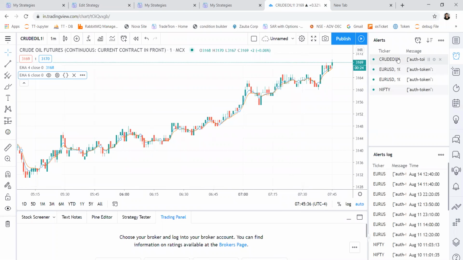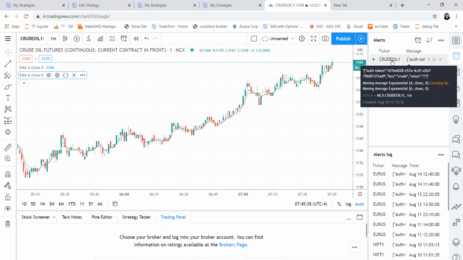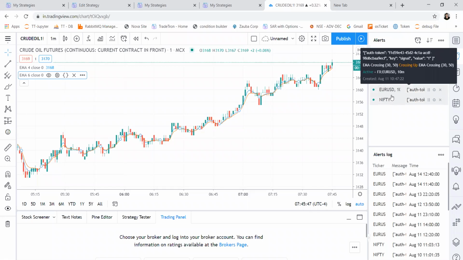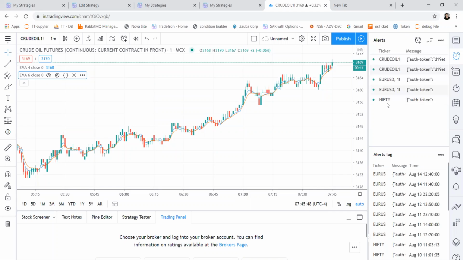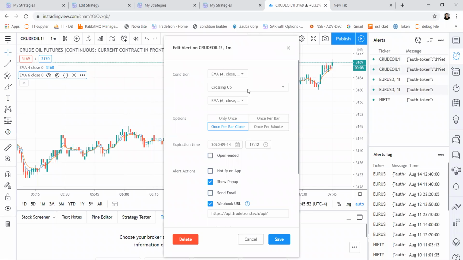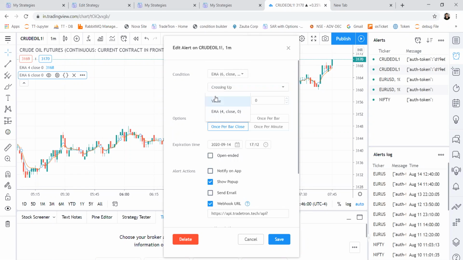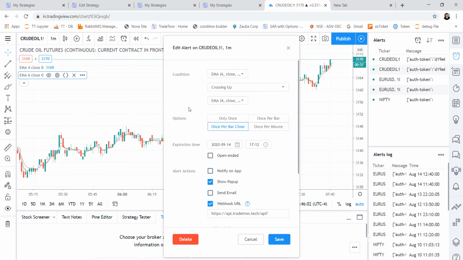Once you create, you can see this new crude oil alert is created here. Now I'm just going to clone it. Basically, it just creates a duplicate of it. We will edit it and change it to the reverse side.